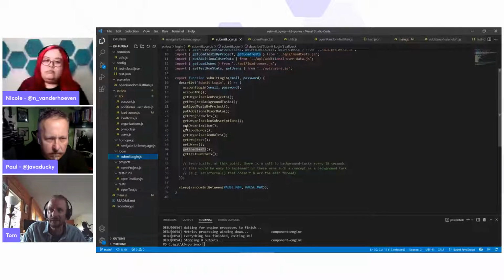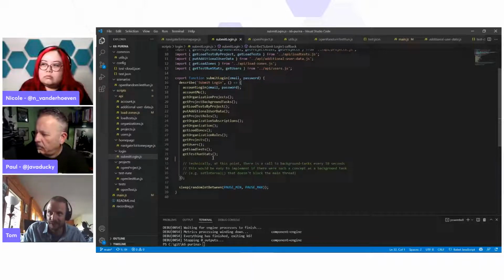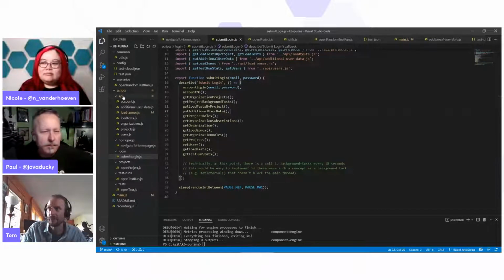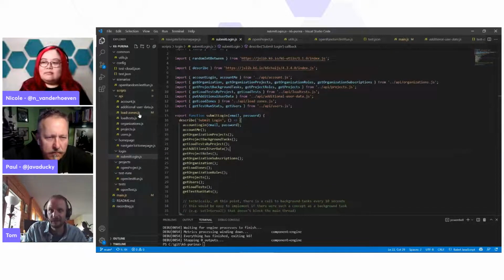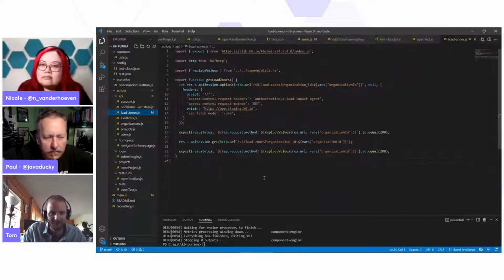Submit login is a bit more involved. There's a lot more going on. This is a sequence of HTTP requests that happen behind the scenes. Each of these is essentially one request being made, and all of these functions are being imported from scripts in this API folder. This is where I want to call out Github Copilot, which I've been making heavy use of,